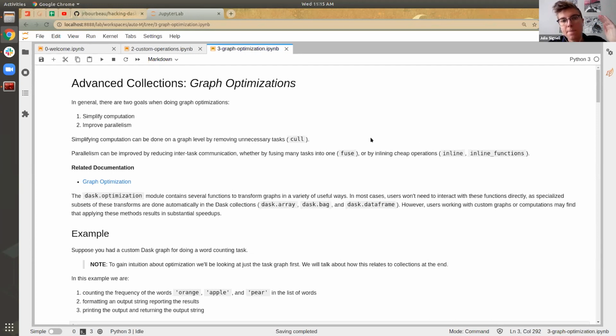So switching gears, in this notebook, we're going to be talking less about collections and more about task graphs directly. So just to prepare yourselves. So the point of graph optimizations is to simplify computation and improve parallelism. So simplify computation by getting rid of steps that we don't actually need to get to our end result,